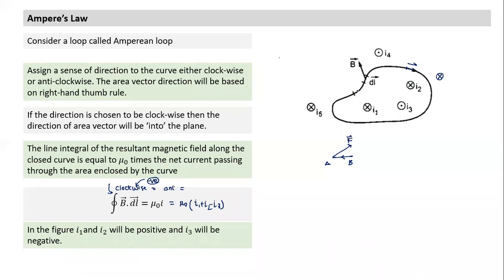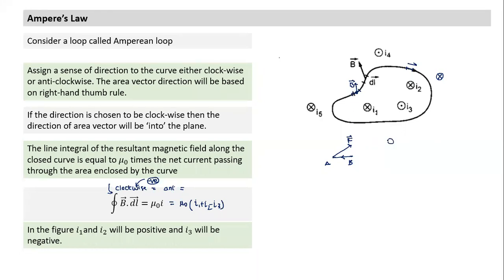Even if it is not in the plane, theoretically, since I am taking several small elements, at a point B will have some direction. It may be in the plane, it may not be in the plane. Even if it is not in the plane, it will make some angle with the dl vector. And if I know how to calculate B, that's theoretical. But can we use and apply it in practical cases? No. Similar to Gauss law, where do we use Ampere law? Only in case of symmetry.